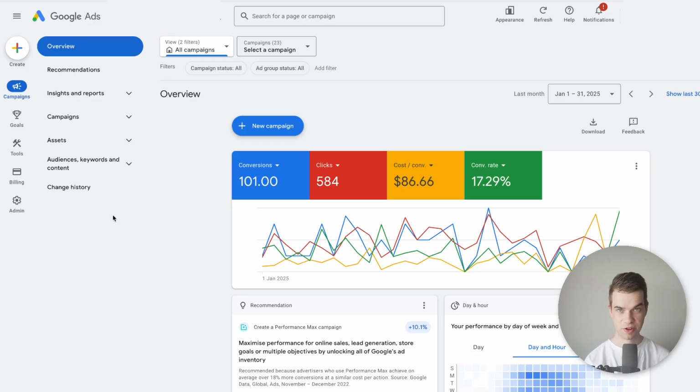Awesome, so there's a free method and also a paid method which I use to do call tracking. So I'm going to show you the free method first, and then I'll show you how to set up the paid method. So to set up the free way of doing call tracking within Google Ads, we want to go